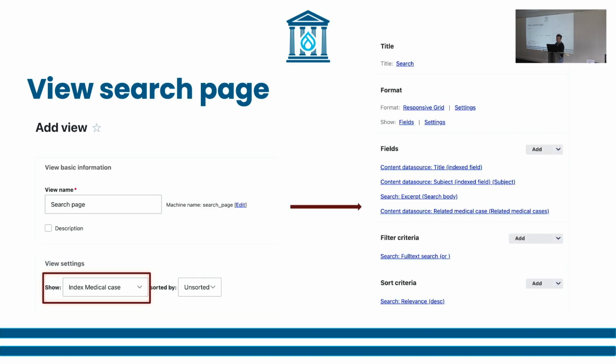And then here are the fields. For now it's a responsive grid. You will see how it would look also in the demo. There's not a lot of theme in that demo. What is important is the content.